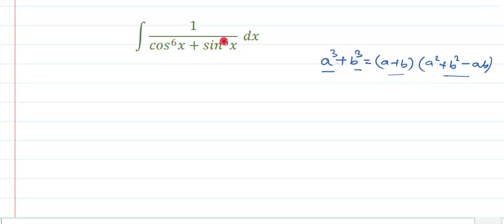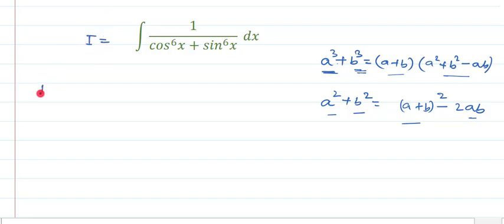So first of all, let us convert power 6 into this format. One more thing I want to mention here is that some students create a square plus b square identity. That is not beneficial for us, because there is no direct identity for a square plus b square; we have to go into the identity of a plus b whole square, that is minus 2ab, and that will not usually work. So whenever you have power 6, you should always think about this identity, that is a cube plus b cube. So let me change it over here.